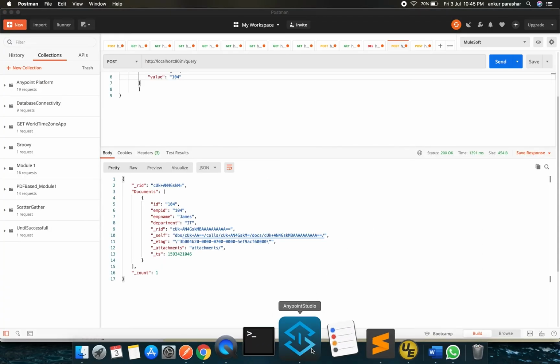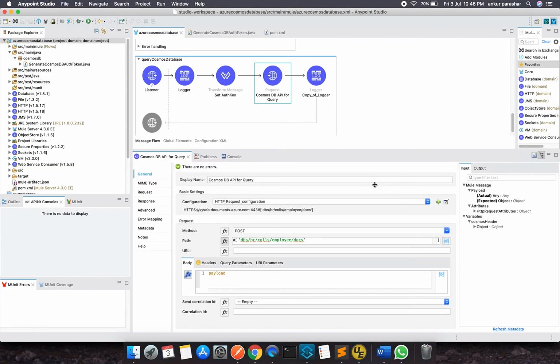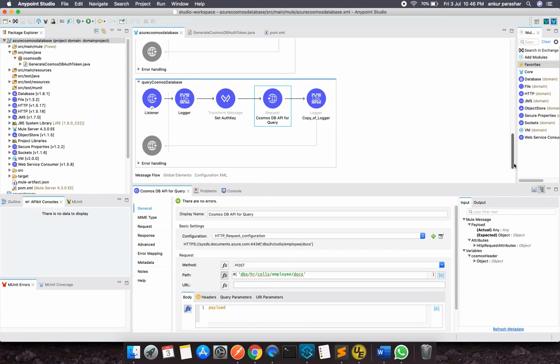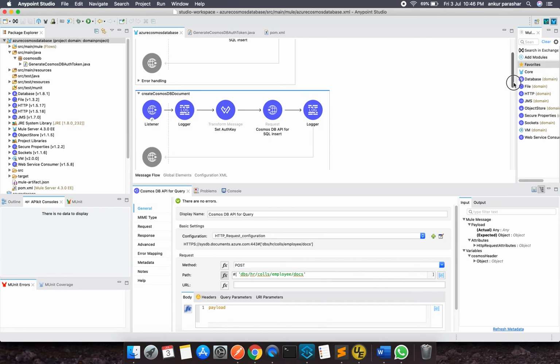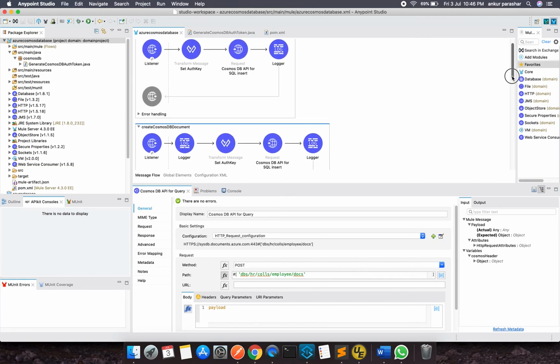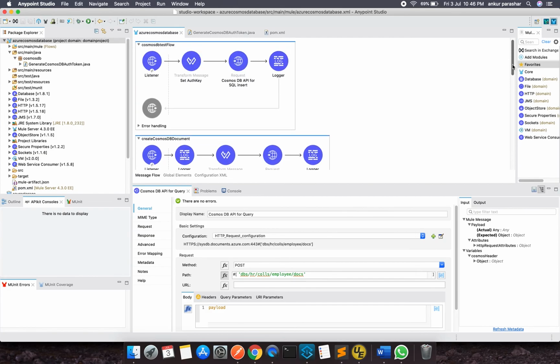So in this particular way, I have showcased some of the capabilities, like how we can connect from MuleSoft to Azure Cosmos DB. I know this was a pretty much lengthy video, but I tried to cover most of the operations because there is no connector available for now for Azure Cosmos database, and I have taken a very simple use case of employee table.